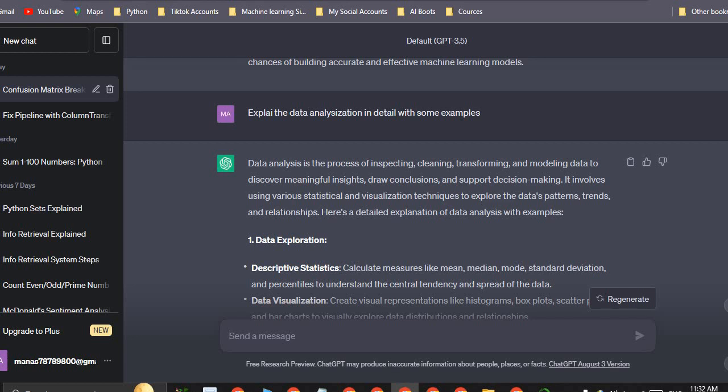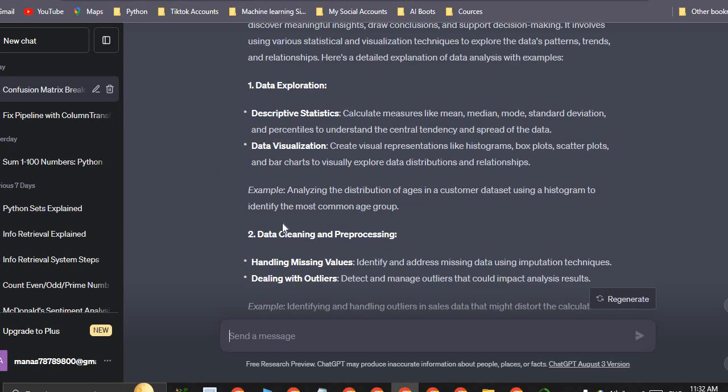Data exploration: calculate measures like mean, median, mode, and standard deviation to understand the central tendency and spread of the data. Data visualization: create visual representations like histograms, box plots, scatter plots, and bar charts.